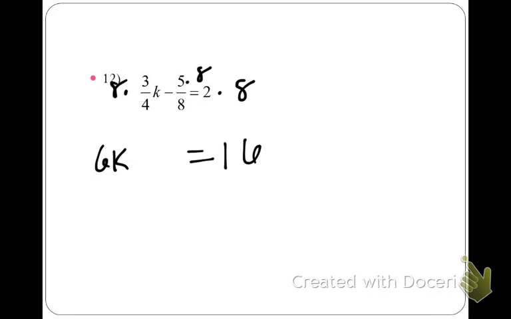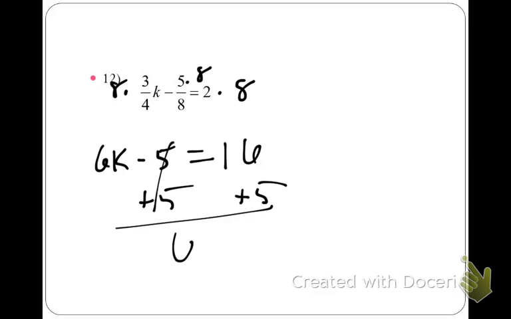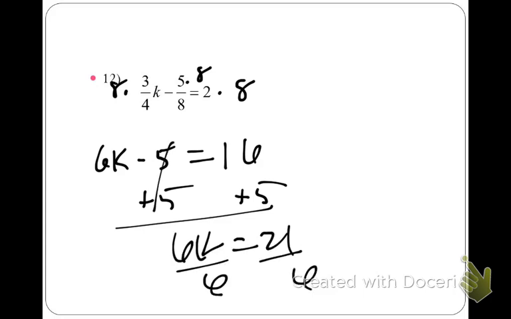Okay? And the other one, 5 times 8 is 40, divided by 8 is 5. An alternate way to look at this if you want it. So now we're going to add 5, add 5, then divide by 6, and so K equals